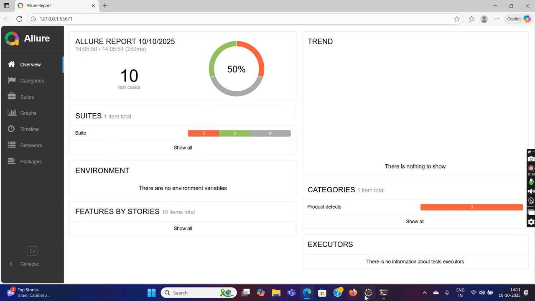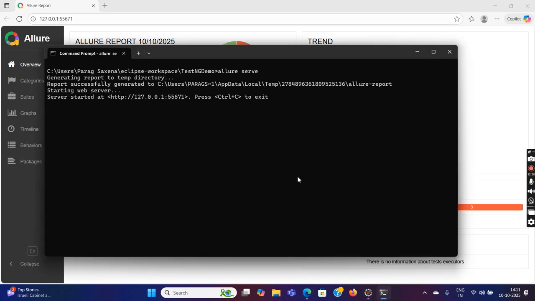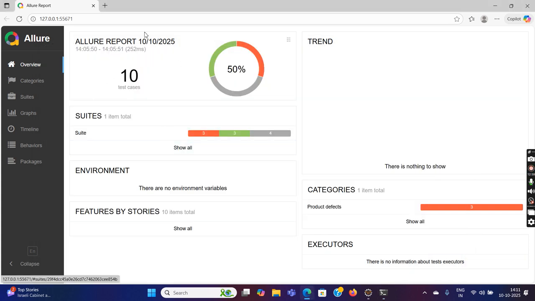And you can also see where it has generated the report. Report successfully generated to this location. So it will generate the report at this location, and you can view this particular report,